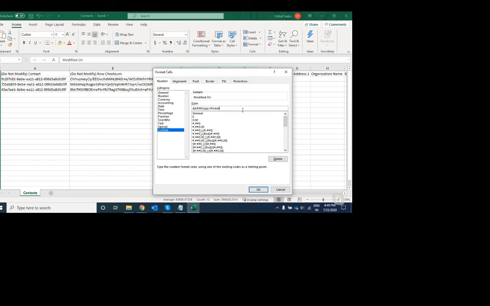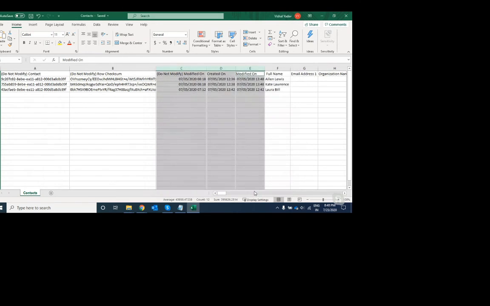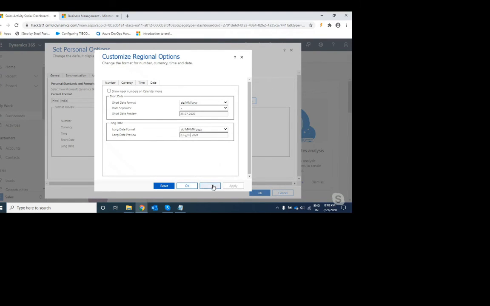Okay, and now I'm saying okay. You can see the date format is now changed like my trial instance, and now I'm saving this CSV file. Okay, I'm closing this, and now I'll try to import this data.